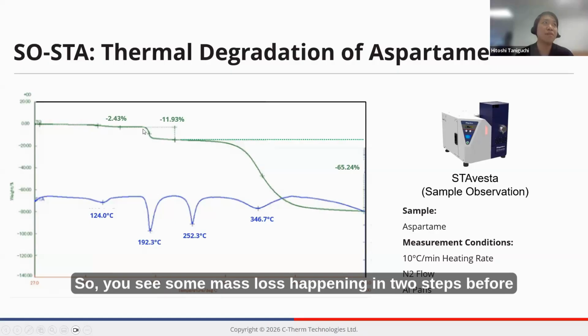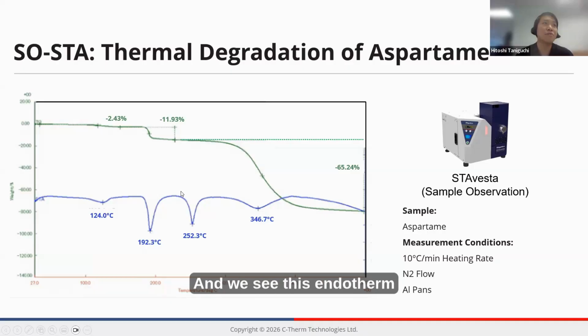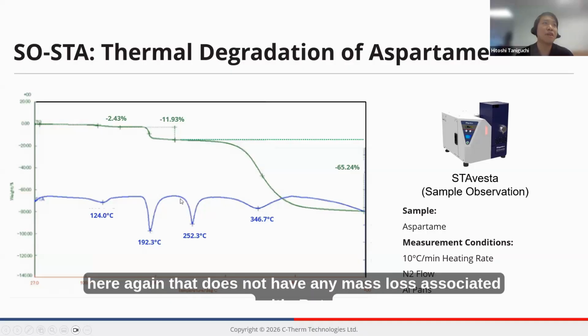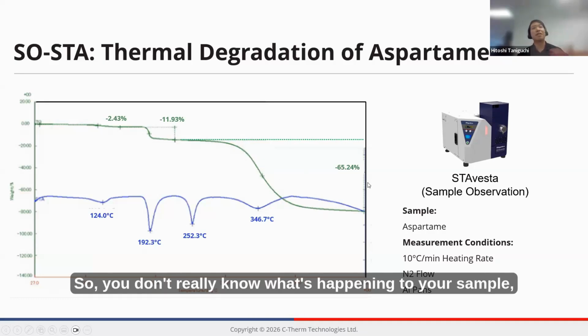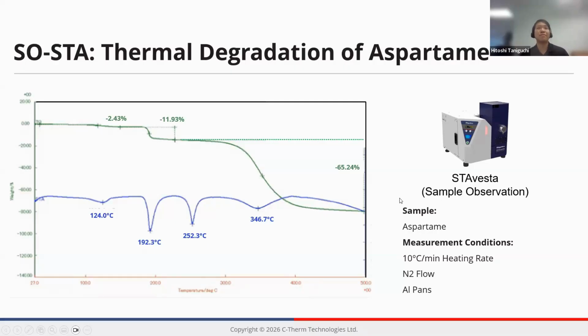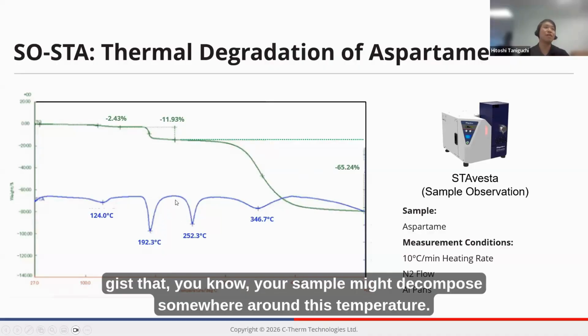You see some mass loss happening in 2 steps before 200 degrees C, but before that, we also see different endotherms, and we see this endotherm here that does not have any mass loss associated with it, but the heavy mass loss here is associated with this endotherm. So you don't really know what's happening to your sample,